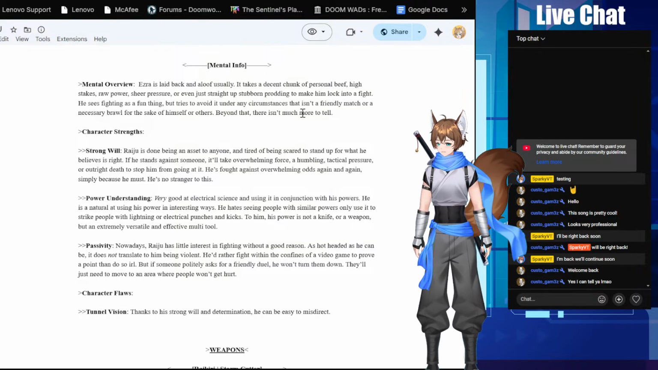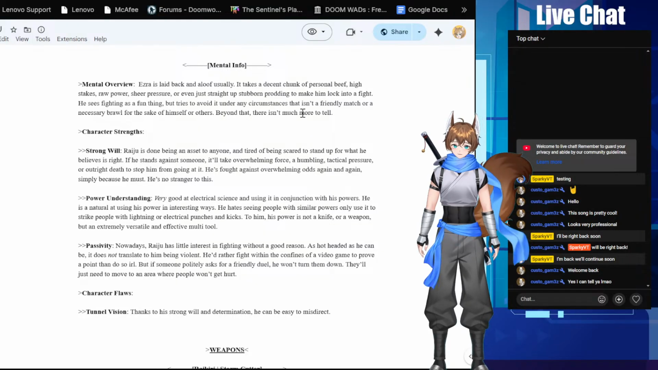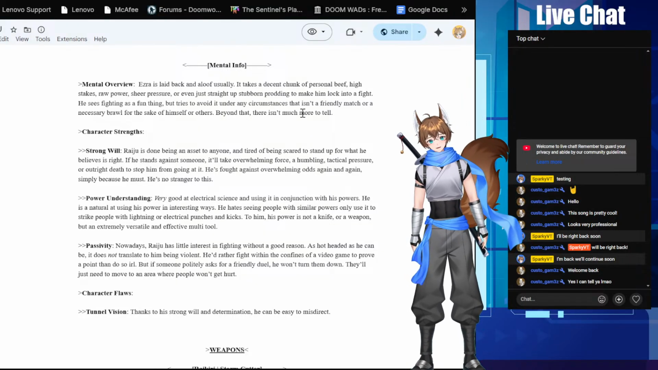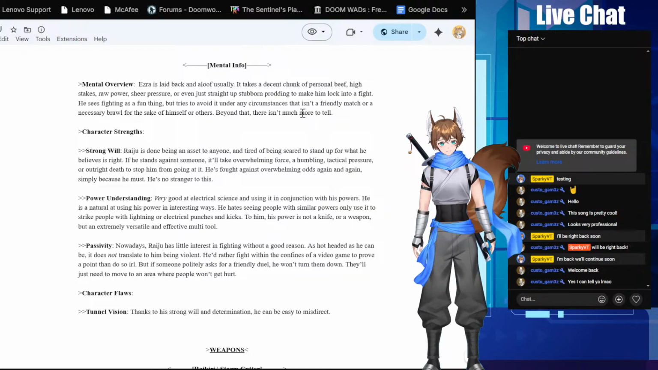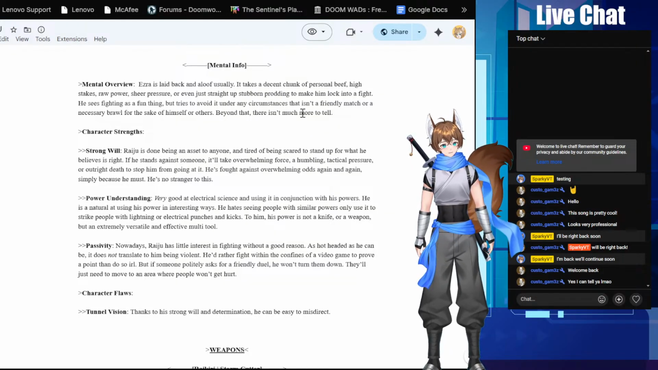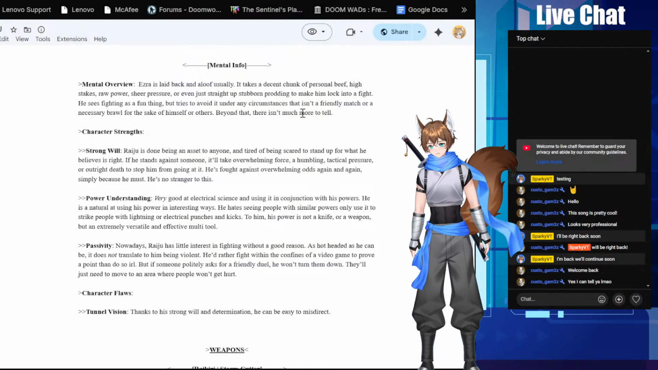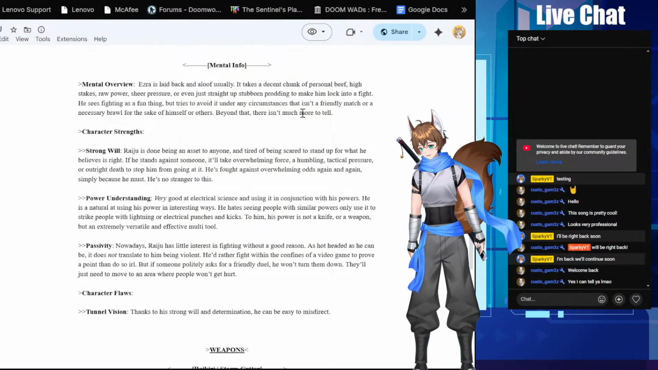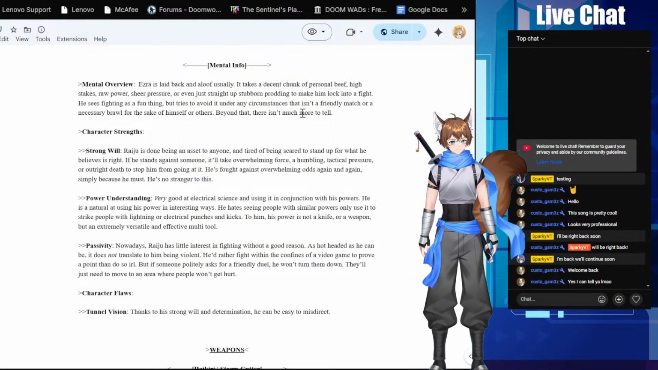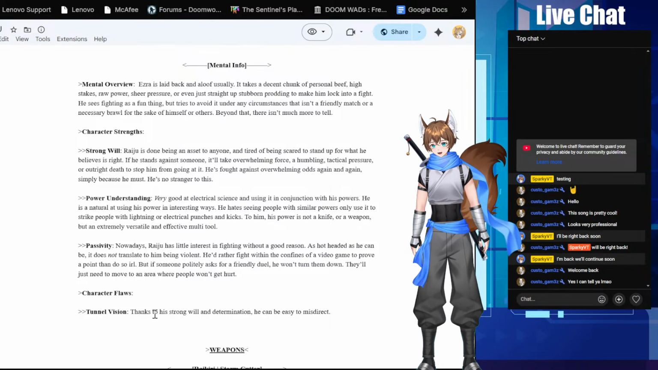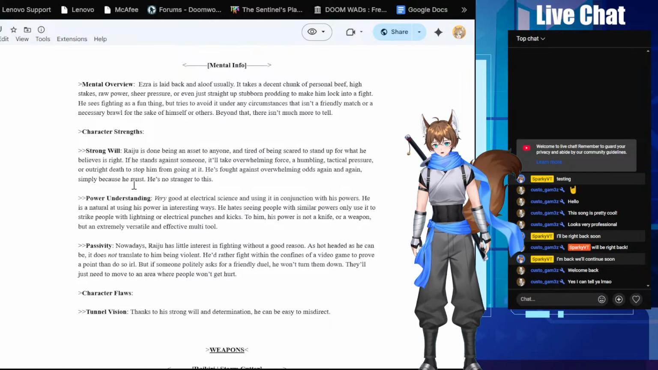Because this is mental in a fight. That's what this means. This is, can you touch his mental? Can you make it mess up? Or the general philosophy and mindset they have going into a fight. That's what this is. These are how you make them mess up. His character flaws and strengths is